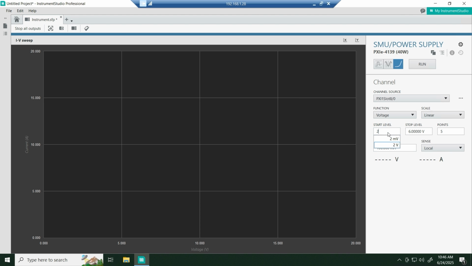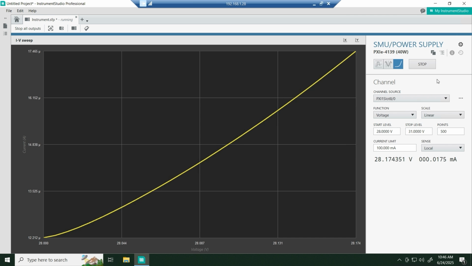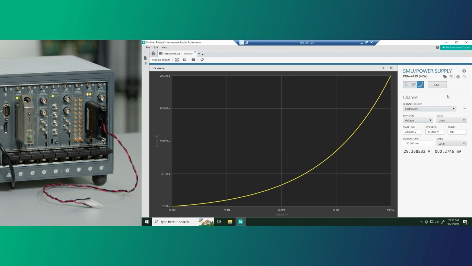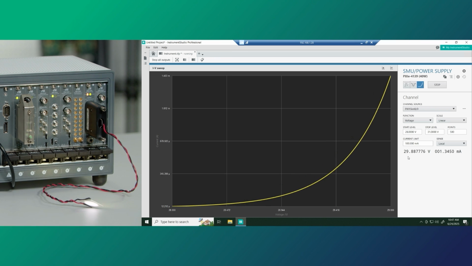We'll start at 28 volts for our sweep because that's about when it turns on. And then we'll go up to 31 volts. Then, like I said, we can run through hundreds of points, so we'll go ahead and set that to 500. Then we'll go ahead and run our sweep. And you'll see that our LED is gradually turning on. And you'll see that we're also getting our voltage